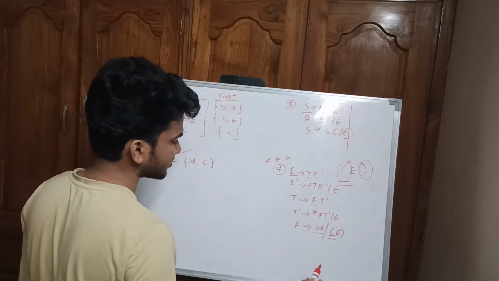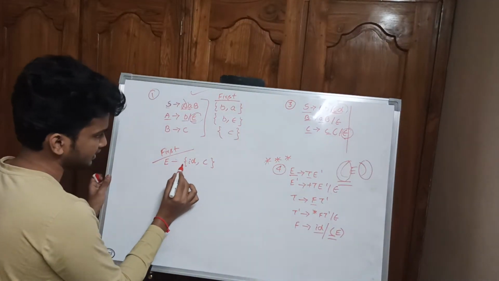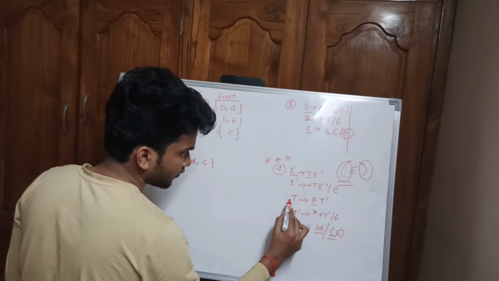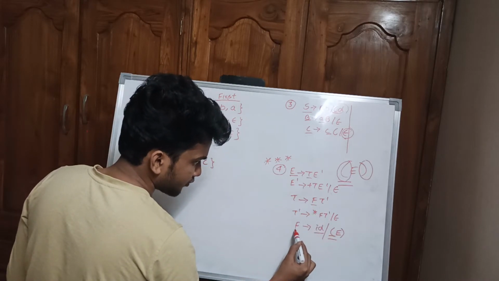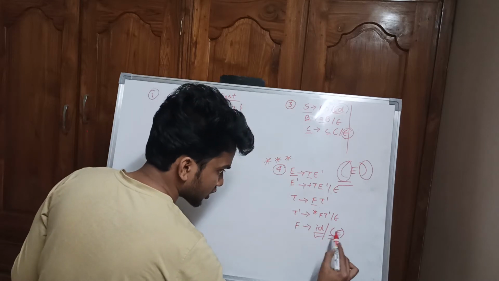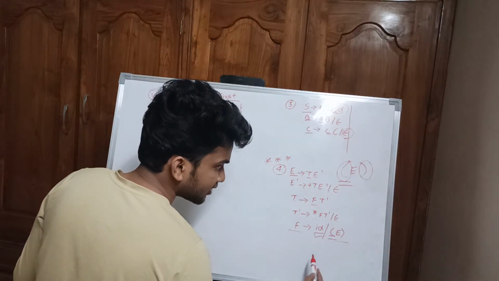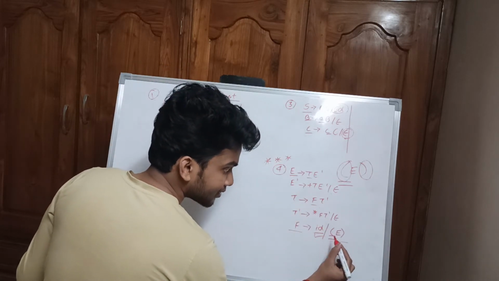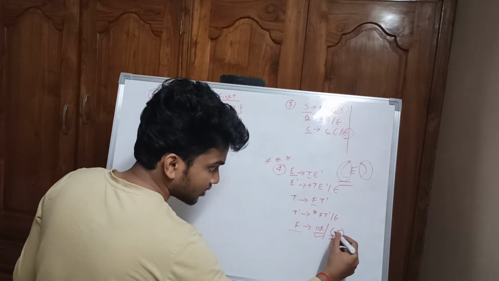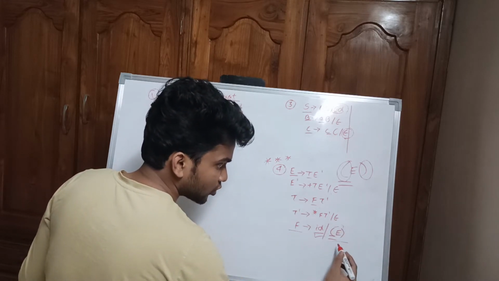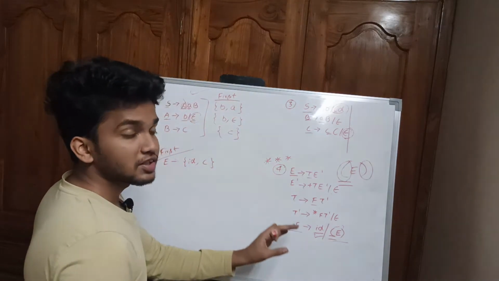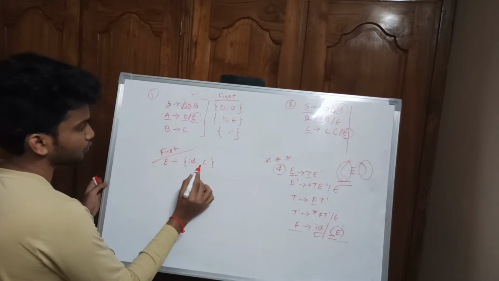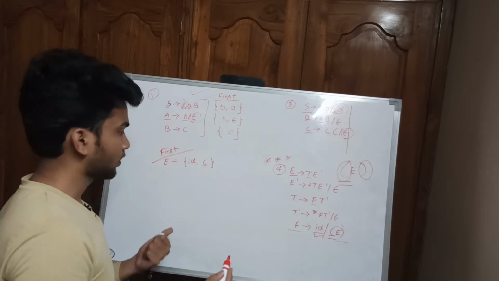Now again I am saying, listen to this carefully. If we generate E, that is, if you are calculating First of E, we should calculate First of T, and to calculate First of T, we want First of F, and First of F is ID. That is done, one production rule. But F generates another production, that is opening and closing parenthesis, and E is present between. And the opening parenthesis, that is the opening bracket, we say it as one of the operators or tokens. So we will consider this as the First of this production. So obviously everything is interlinked, and this would be one of the First of E.